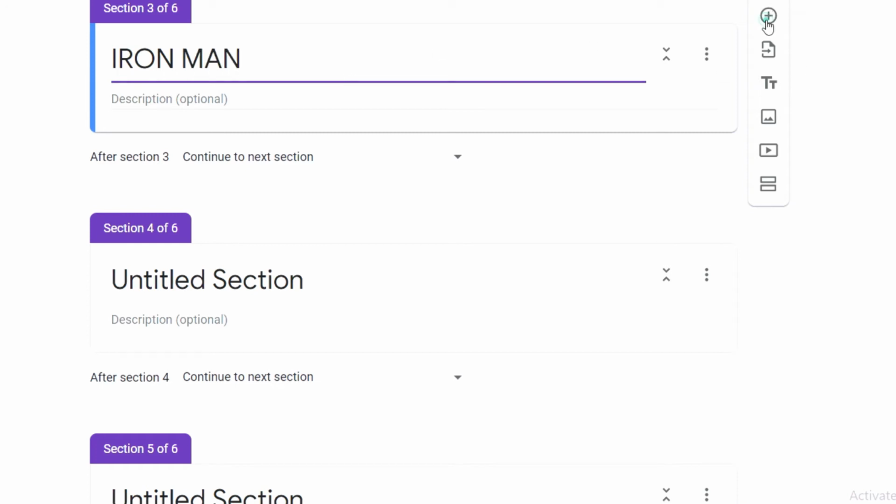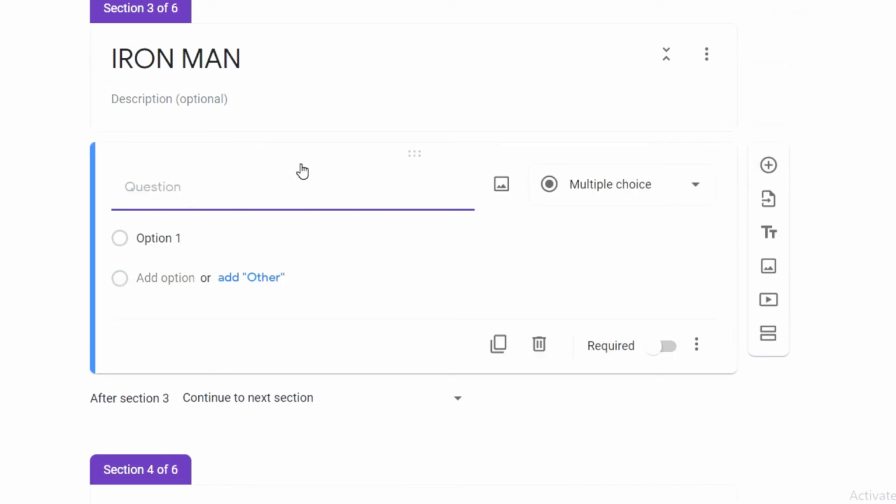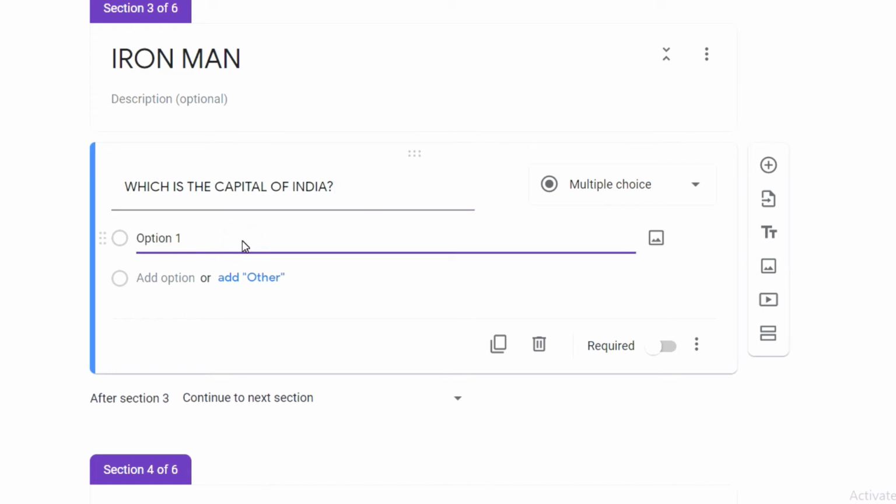and then add one question here. You can write any kind of question. Which is the capital of India? Question mark. Option 1, you can give Delhi.